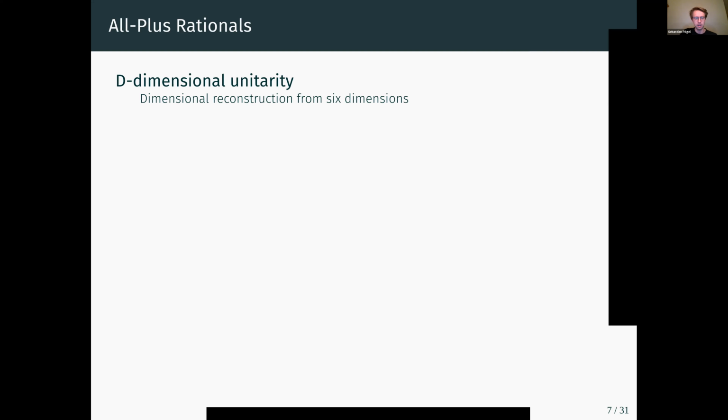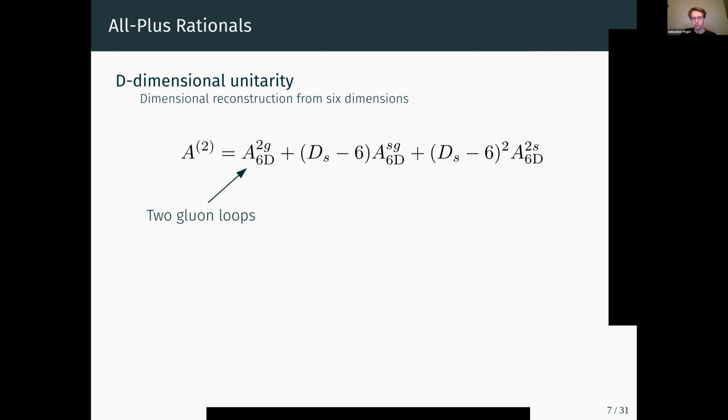Additionally, we're taking a dimensional reconstruction approach where the D_s dependence of the amplitude, D_s being the spin dimension, can be made obvious. Specifically, any two-loop amplitude can be written as a quadratic polynomial in D_s. In this case, we are focusing on 6 dimensions, and so we are writing the amplitude as a polynomial in D_s minus 6. It turns out that the coefficients of this polynomial are the 6-dimensional amplitude with two gluons running in the loop,